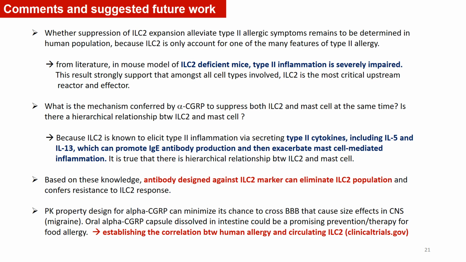So the authors have now established the correlation between human allergy and circulating ILC2. I checked this on clinicaltrials.com. So now with that, I'd like to thank you for your attention, and let's look forward to a better therapy to control type 2 food